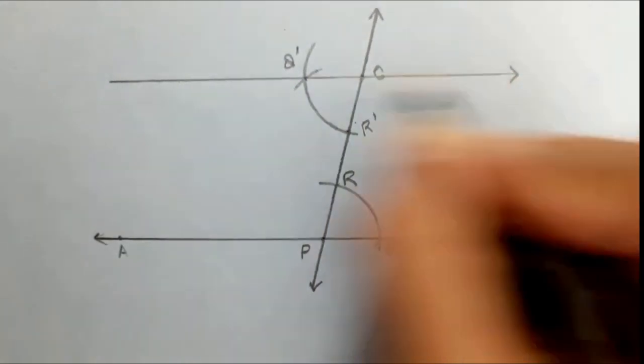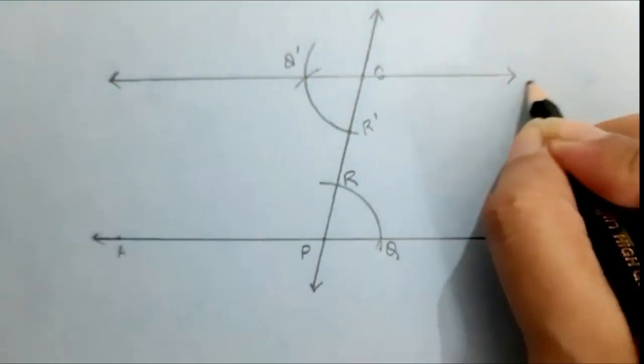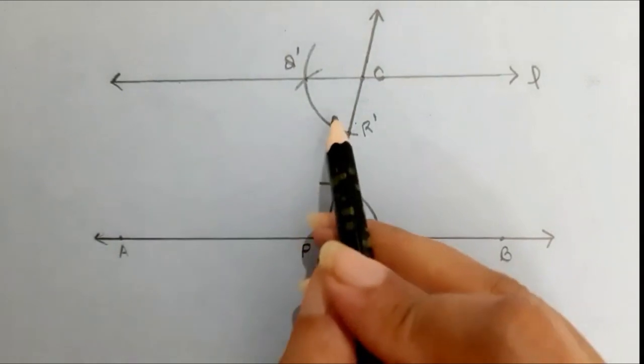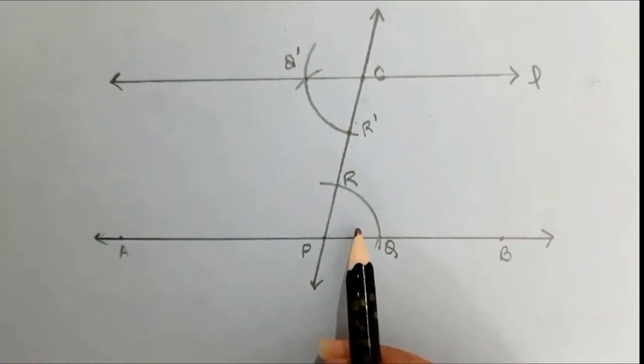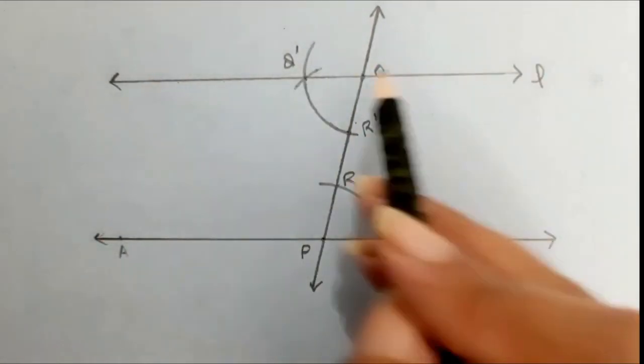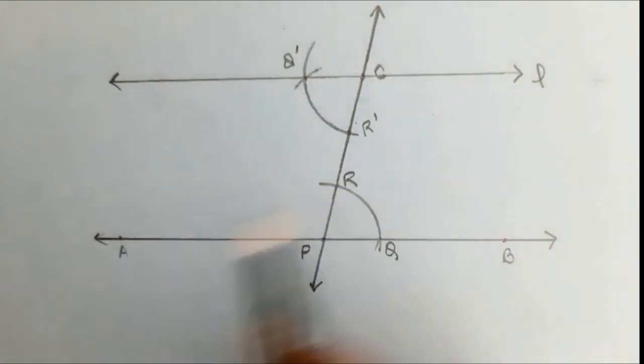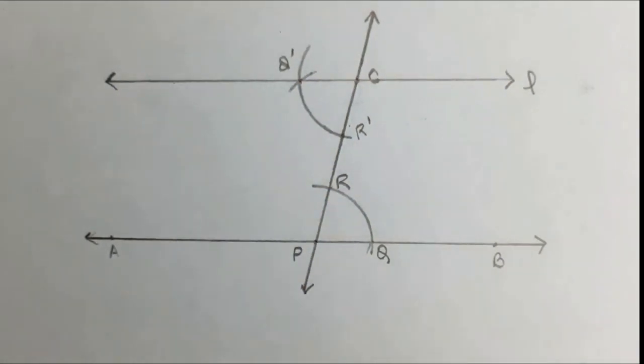Since the two angles were equal, the line L that we have now constructed, this angle was the copy of the first angle. Therefore, the line that we have made passing through C and Q dash is exactly parallel to line AB. Okay, so this was the construction of a line parallel to AB and passing through point C, which was not on the given line.